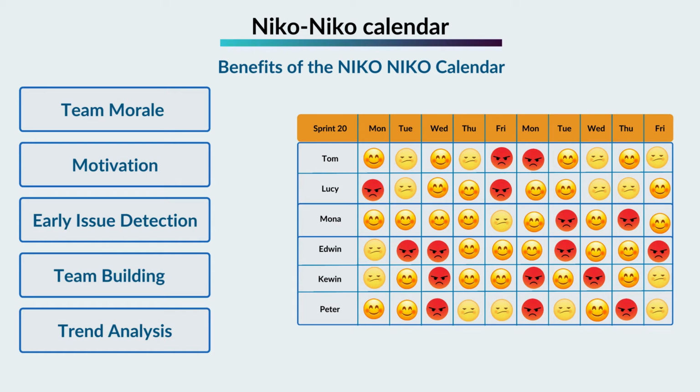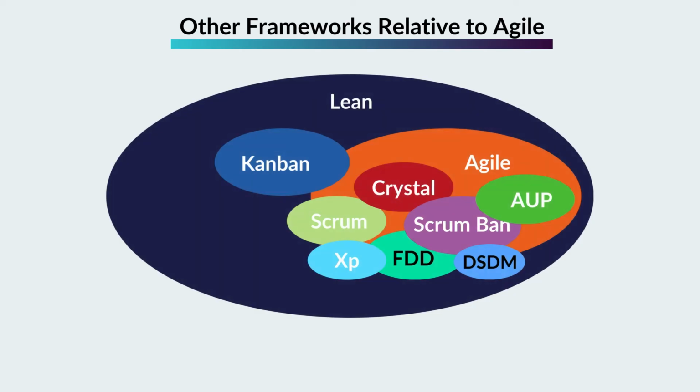Trend analysis. By focusing on trends and patterns over time, the team can make data-driven decisions to improve their work environment and processes. Other frameworks relative to Agile. Understanding various Agile frameworks and methods, apart from Scrum, can help customize your Agile approach to the specific requirements of